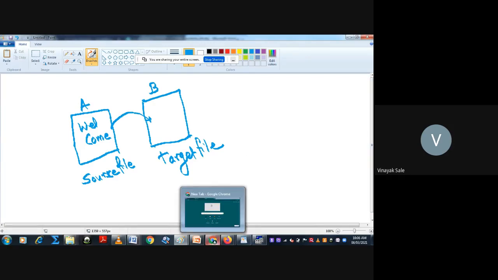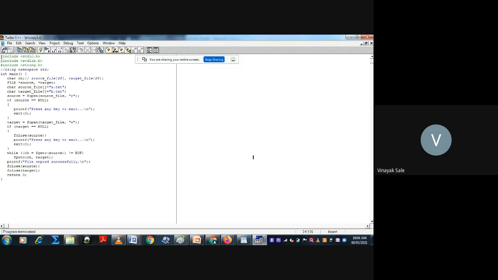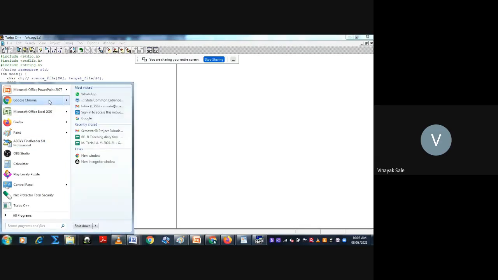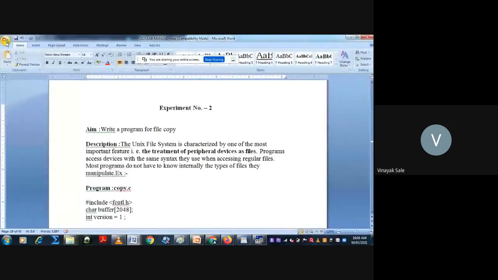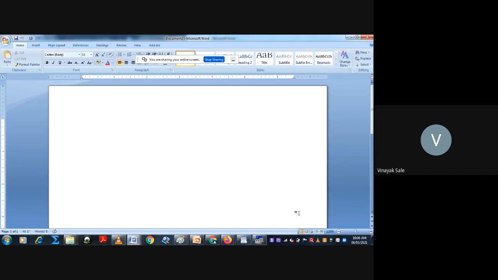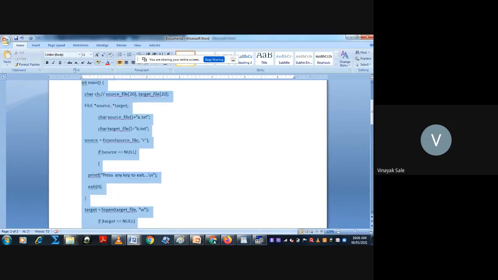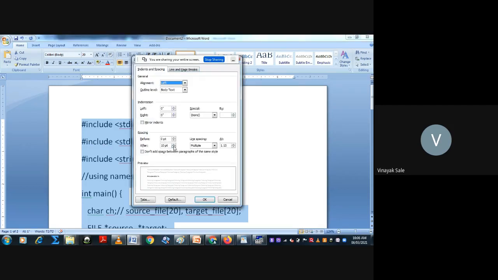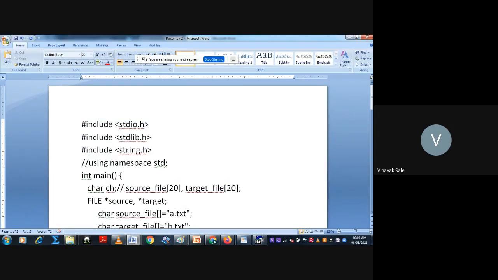Here a program is written like this. In int main, we declare a character ch, and the source file size is 20, and the size of the target file is also 20.